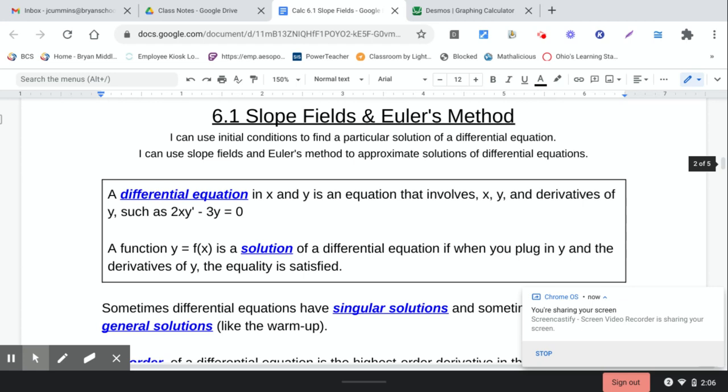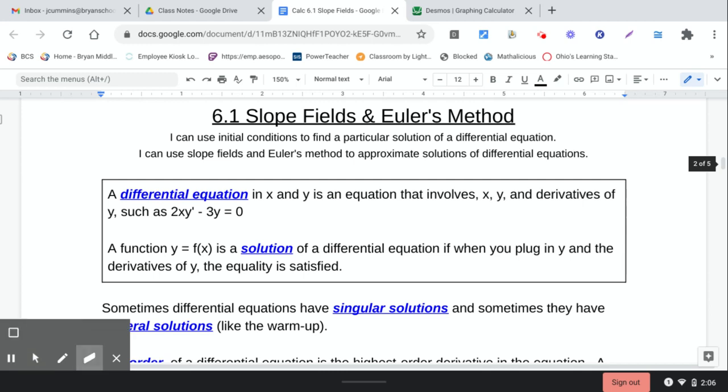In lesson 6.1, we are going to be talking about differential equations. A differential equation in x and y is just any equation that involves x, y, and the derivatives of y. So we have an example right here: 2x times the derivative of y minus 3y equals 0. Okay. For the problems that we're going to be doing, we are only going to have differential equations in x